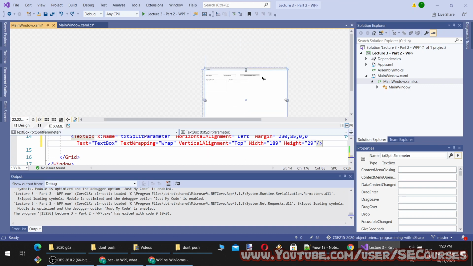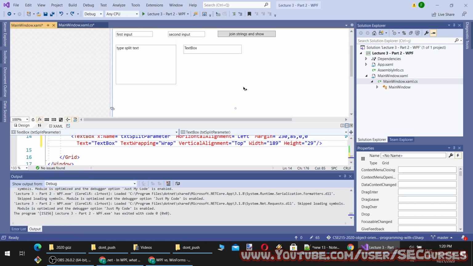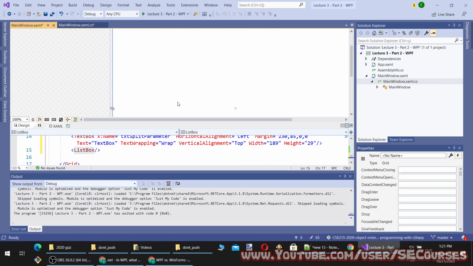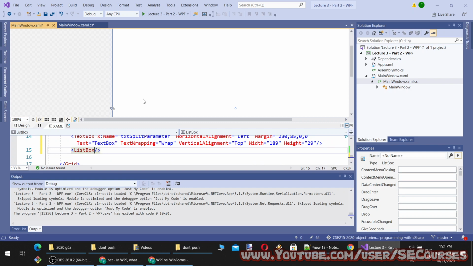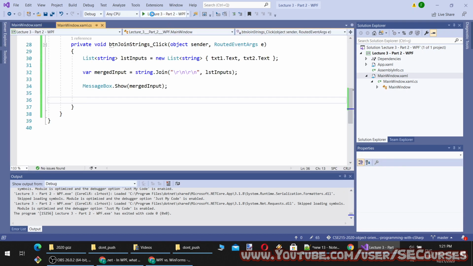I need to paste first, then the list box. Type it on this.